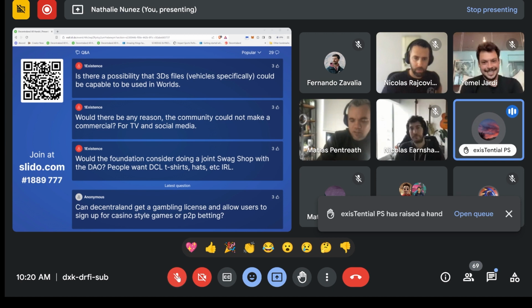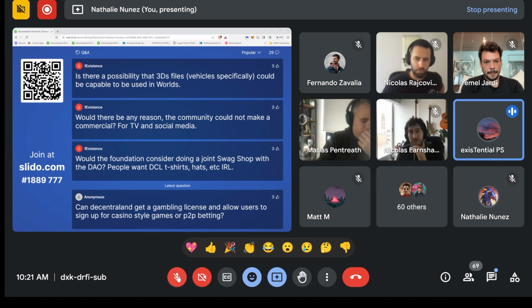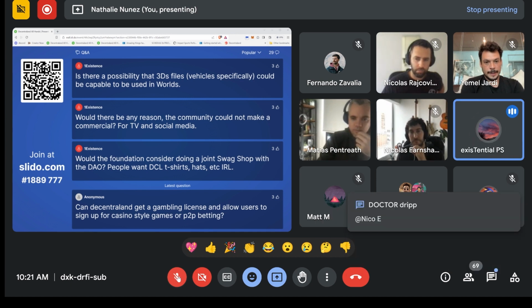To expand on that, there's a project called Meta Rides, who have created 3D vehicles for the metaverse that they want to make interoperable. Currently, they are not compatible with Decentraland, the open part.